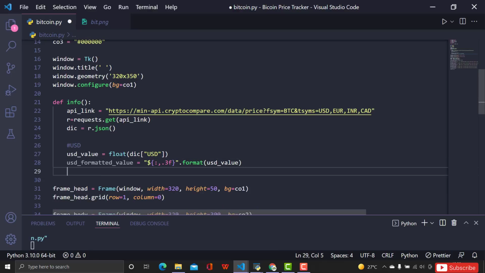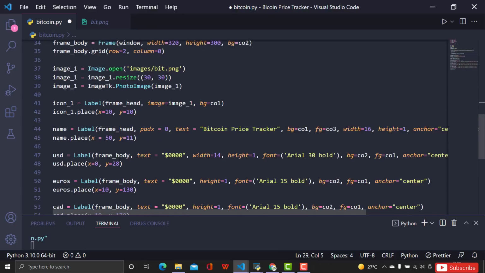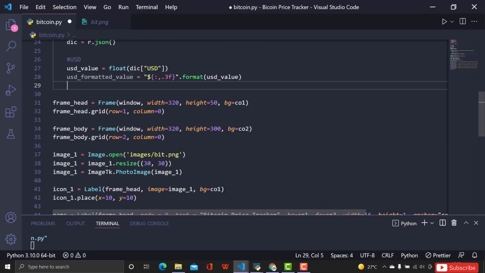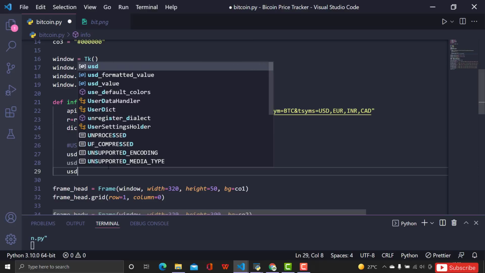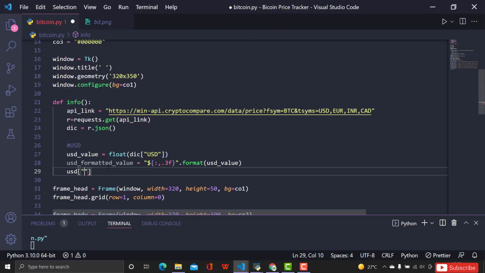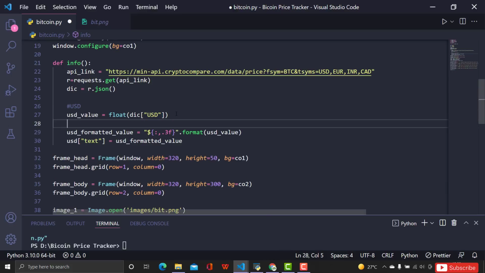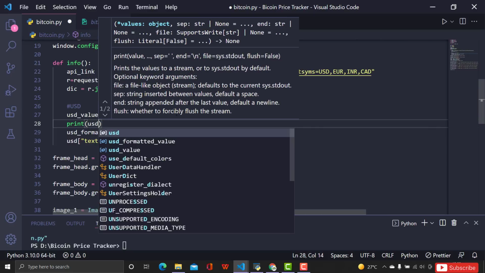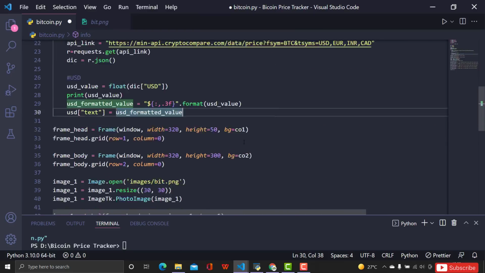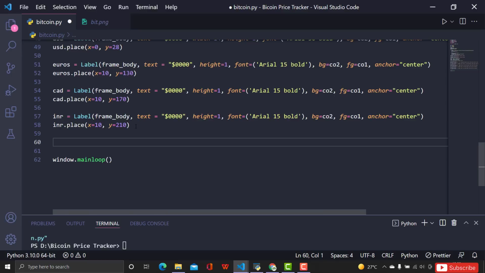And we are going to represent that in the label, right? How are we going to do that? Just give USD of text equal to USD formatted value. So what we are doing here is we are going to fetch that. Okay, from this dictionary we are going to call this USD key, from where we can get this USD value. Let me print this one. Just give USD value here, and don't forget to call this function. You just created a function but you didn't call it. Okay, just give info here, and if you run this one,